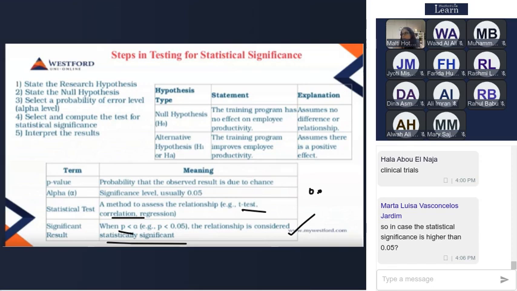Sometimes during research statistics, we can also take alpha as 0.1, that is 10%. That's fine.